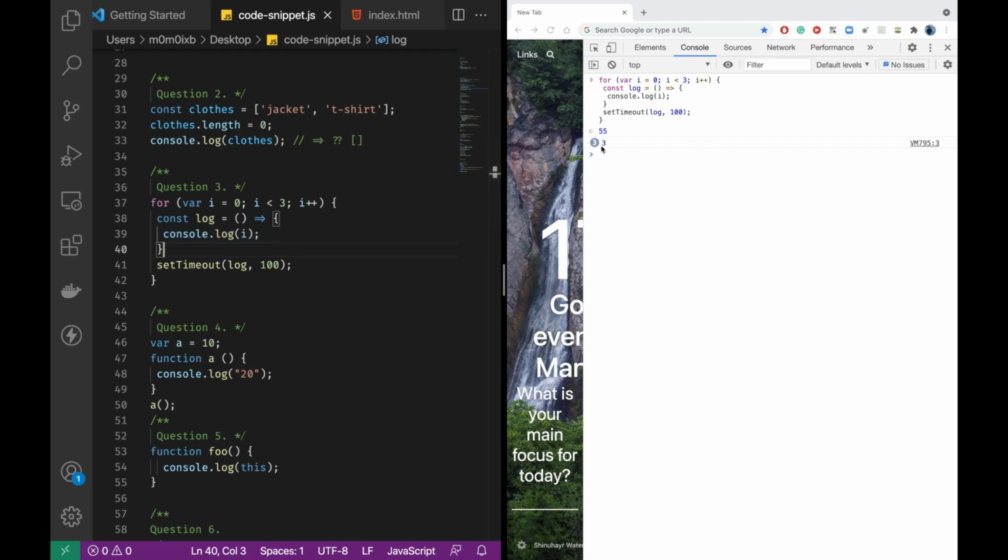Then how can we fix it to print 0, 1, 2? If we can introduce a new scope which can hold this value, we can fix it. You may have come across let and const, right? What happens with let and const is they are block scoped. If you use them, you don't have to create a new scope only using functions.